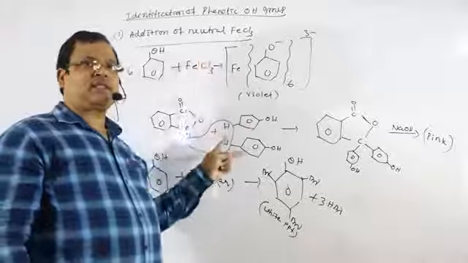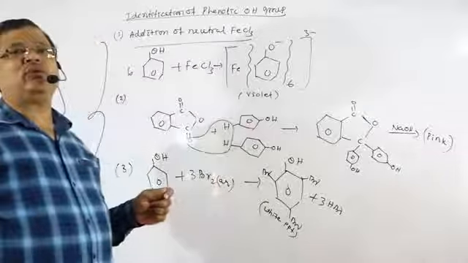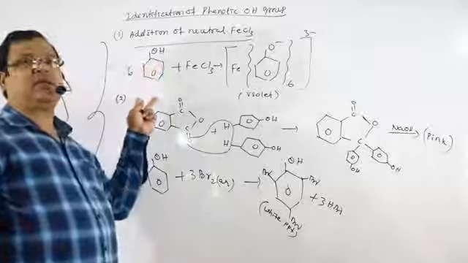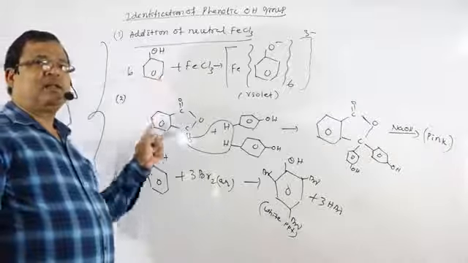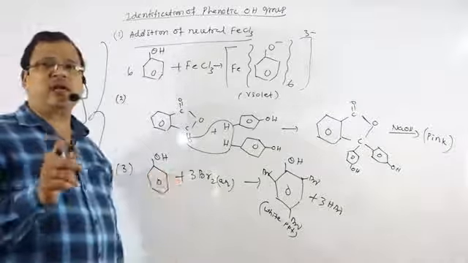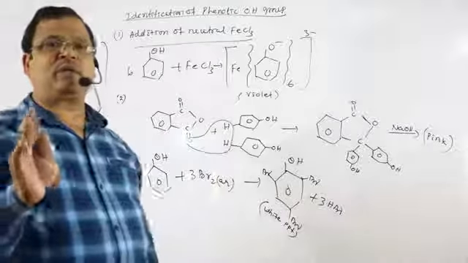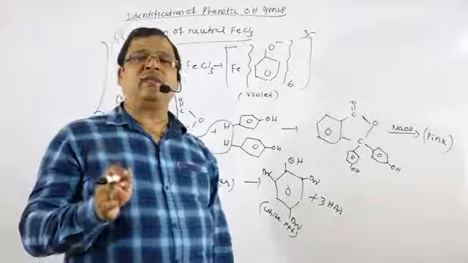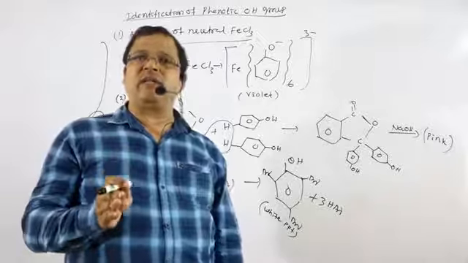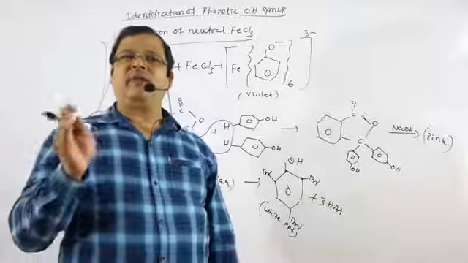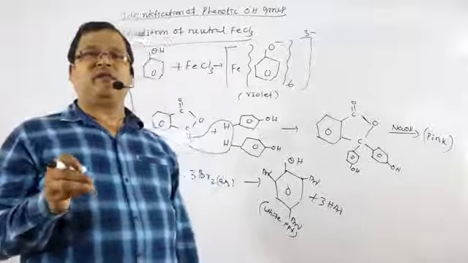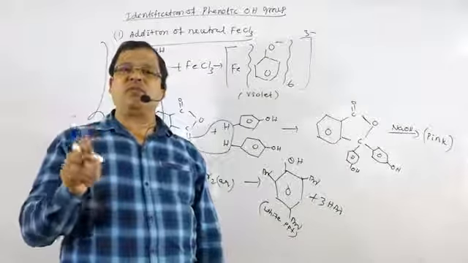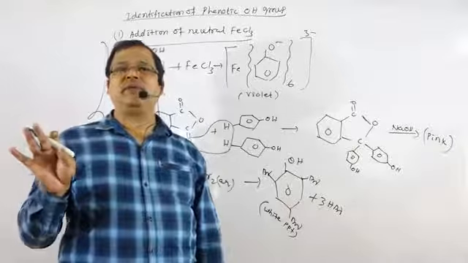Therefore, these three reactions clearly distinguish aliphatic alcohols from phenols, and these are the particular tests for the presence of the OH group in the benzene ring, that is phenol. Phenol treated with neutral ferric chloride gives violet color, or phenol treated with phthalic anhydride followed by sodium hydroxide gives pink color, or phenol treated with aqueous bromine gives a white precipitate of 2,4,6 tribromophenol.